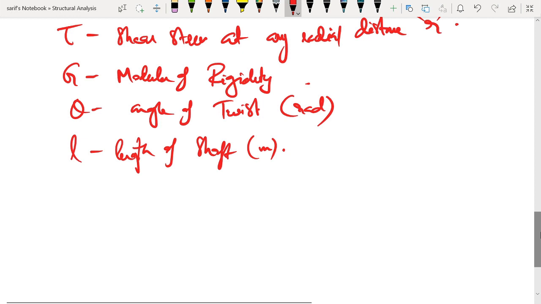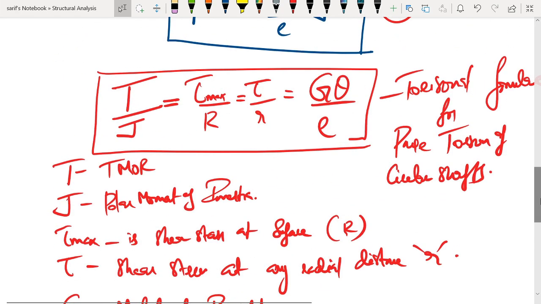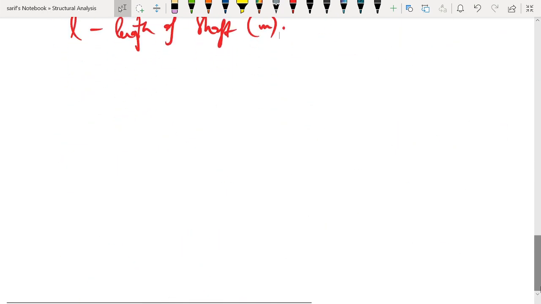These are the different terms in the formula. And now what we have to see is, if we look closely into this particular formula, we will see that the shear stress is having a linear variation. The shear stress in this torsional shaft is going to have a linear variation. So if we try to draw the shear stress variation, what we can see is that if we are considering